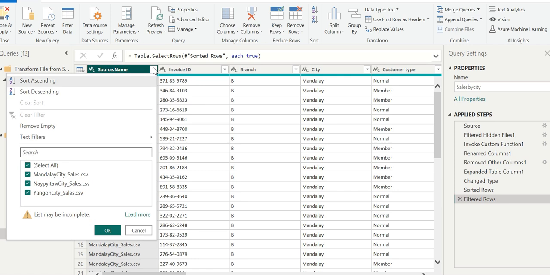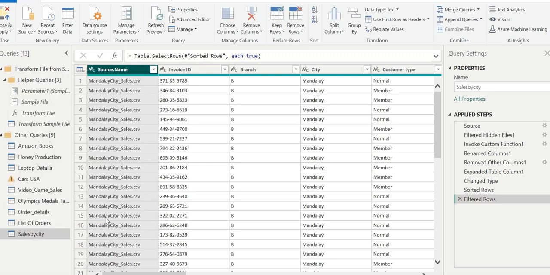Then you will see it showing the same name as we have done. We have put the name sales by city.